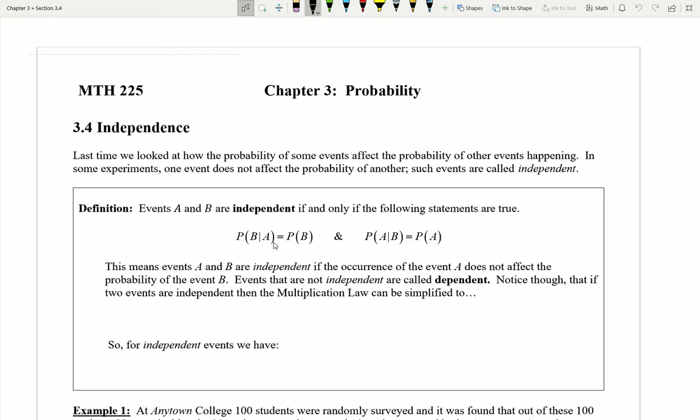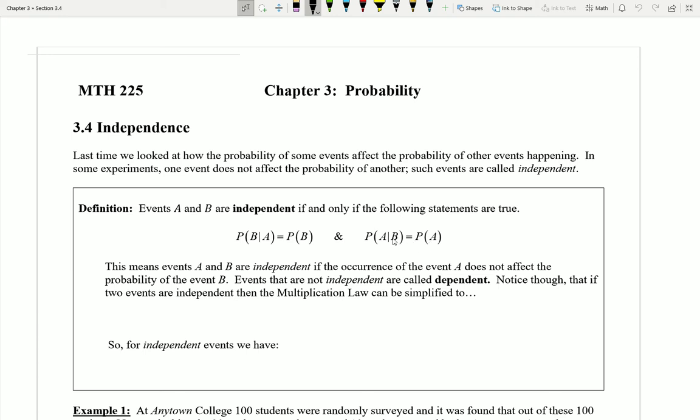So you might ask something like, what's the probability that I get an A on my statistics exam, given that it's raining in California? Right? Like, those events don't seem to have any relationship to one another. It doesn't seem like rain happening in California has anything to do with your performance on the exam. You might as well have just asked the question, what are the chances I get an A on my stats exam? And so this should be able to work both ways.